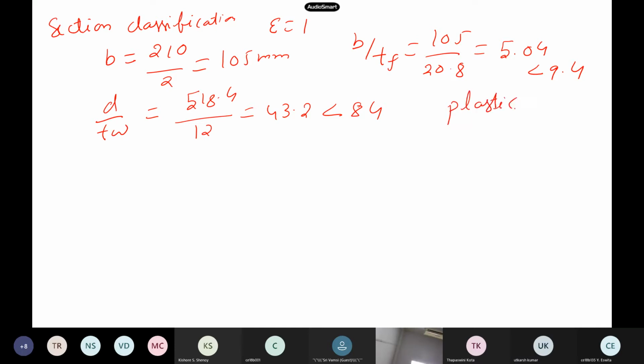Now whether shear buckling can occur here? For shear buckling, what is this value? 67. So is shear buckling possible here? No, sir, it is not. So this is less, so this is not required here, but web buckling we have to do. So no shear buckling also. This happens only in plate girders, not here. No need to worry in the beams. So it is a plastic section.